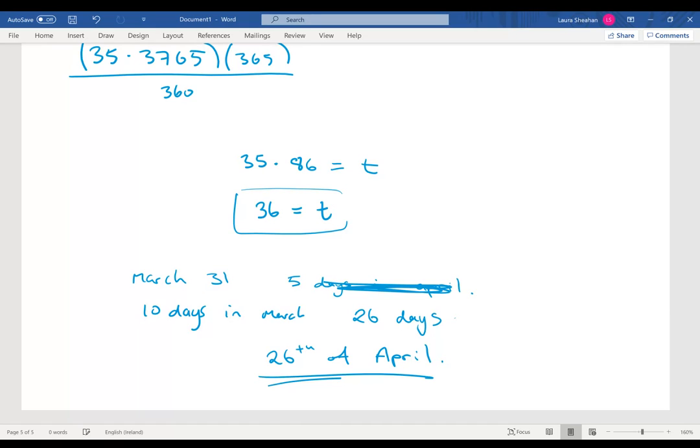Just be careful of those last little bits of logic. It might only be worth 2 or 3 marks. This will be worth your most marks, finding t, but still, you don't want to leave out the last little bit at the end. I highly advise going through this video, making sure you understand all the different elements of it. They do come up. They're nice questions when they do come up if you understand them. And if you don't, please